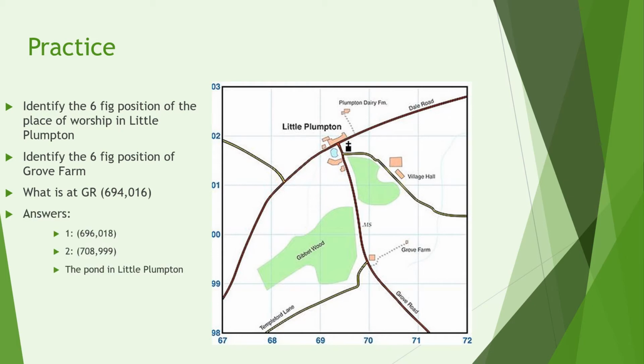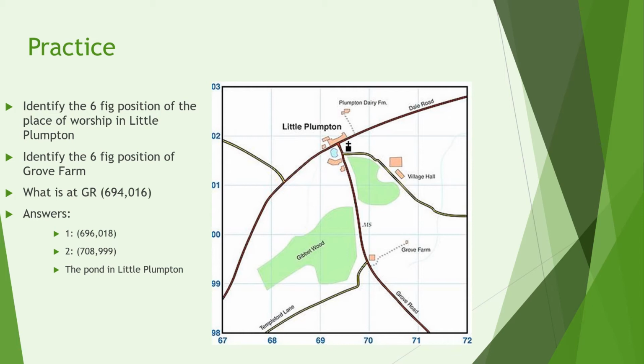So as you can see, the answer for the first one is 696018. So we find the four figures first. We already did that in the previous one, so we know it's 6901. Then we break the square up into 100 imaginary squares, 10 along each axis. We count along the bottom and find that it's roughly 6 squares across on the eastings and 8 squares on the northings. We then put these behind the eastings and northings respectively, and it gives us the answer of